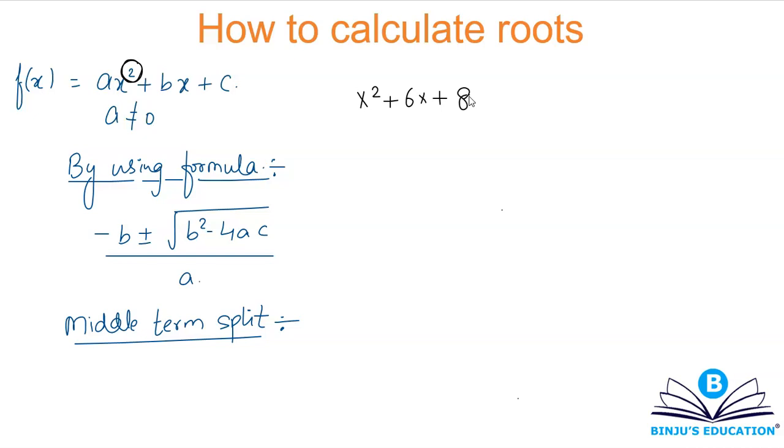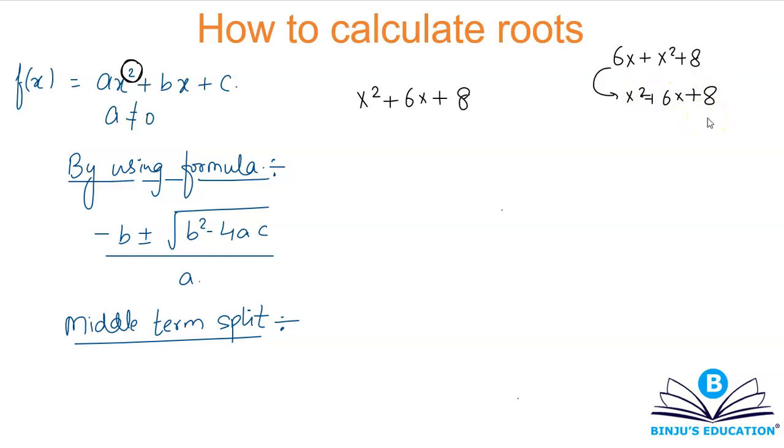That is, at the leftmost you're going to have x square with its coefficient, then in the middle you're going to have x with its coefficient, and then the constant term. You will always write it in this form, even if it is given to you in some other form. For example, in the exam it's given to you that you have a quadratic function 6x plus x square plus 8. So first you will rewrite this as x square plus 6x plus 8, and then you're going to solve whatever you wish to solve.